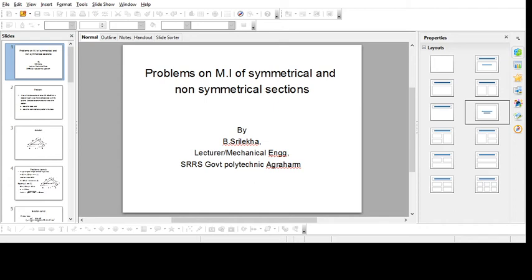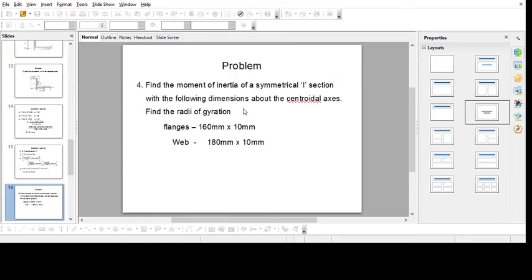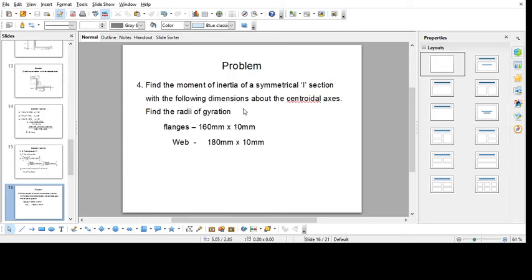Now, the summation of all the moments of inertia of the sections about the y axis is 24.42 into 10 to the power of 5 plus 4.827 into 10 to the power of 5 plus 2.13 into 10 to the power of 5. So entirely it will give you a value of 31.377 into 10 to the power of 5 mm to the power of 4. Okay. So this is how we calculate the moment of inertia of the given figure. Next, let us do the next problem.